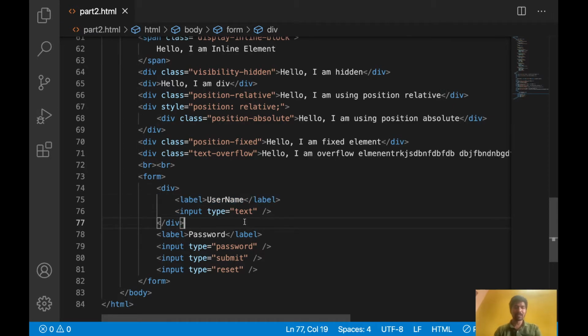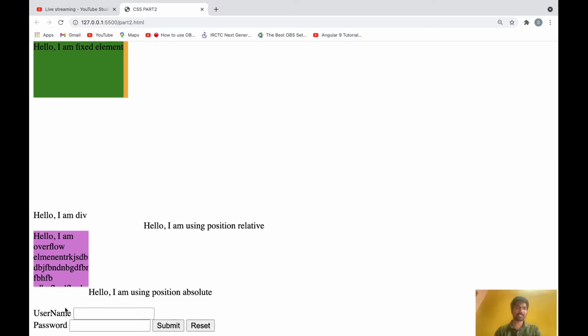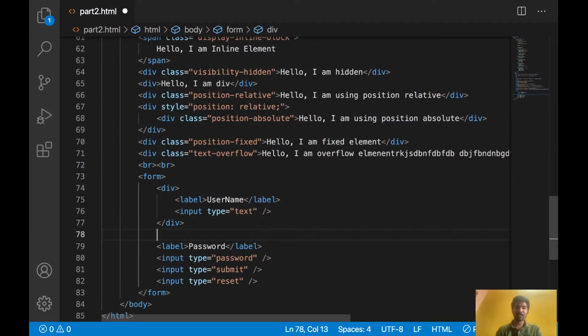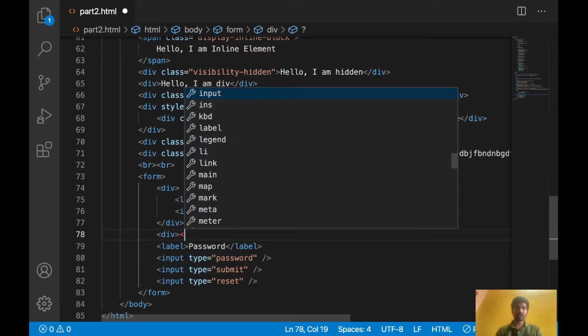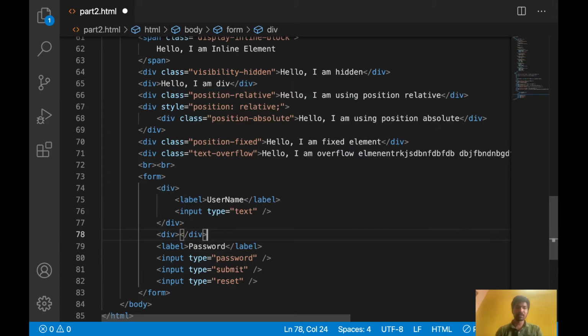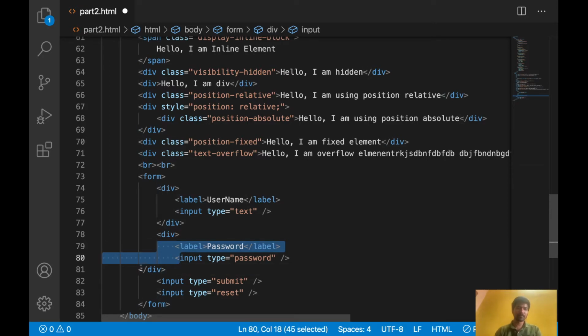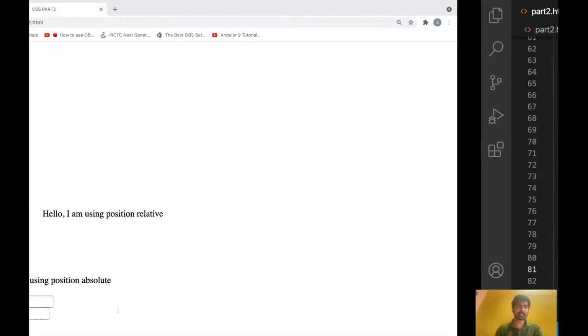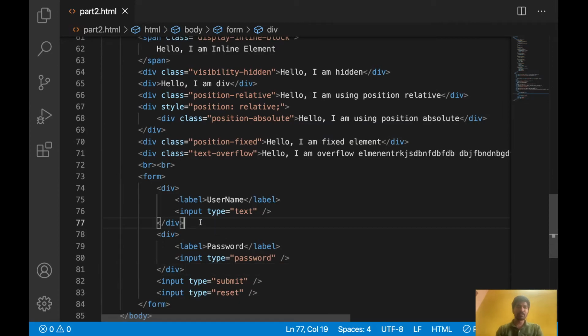Okay, let's see now. See, this is coming in a new line. Similarly, whatever you want to put, you can move all of it inside the div. Now let's see. So it is coming now like this. Let's give some breaks here.